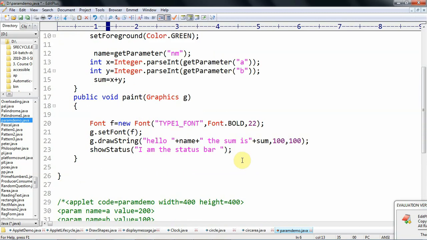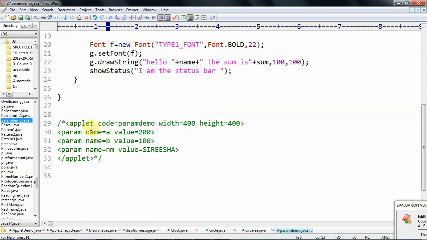The parameters to the applet are passed by using the HTML tag called param. This is the tag we use for passing parameters to the applet at runtime.